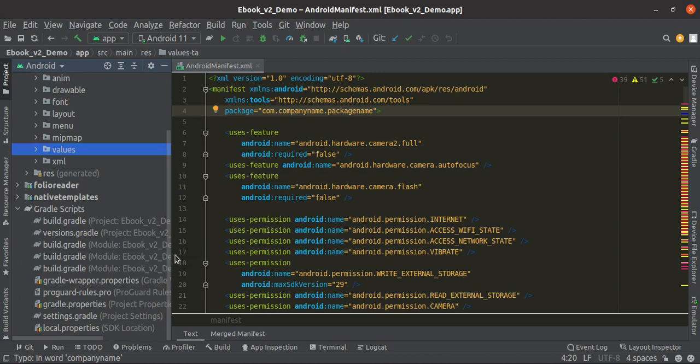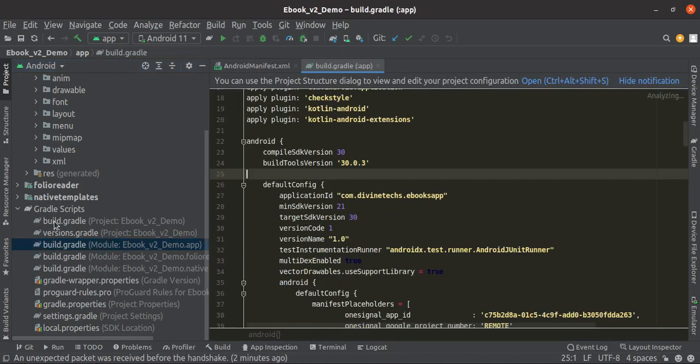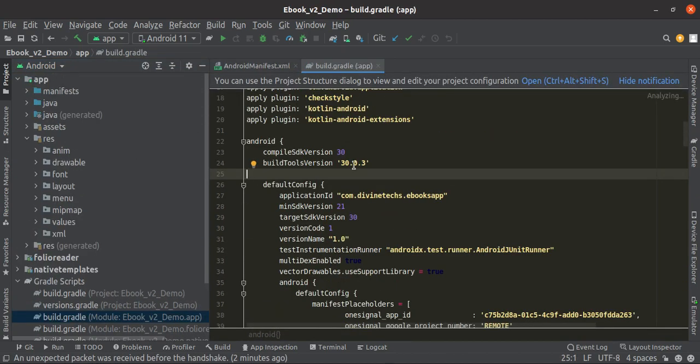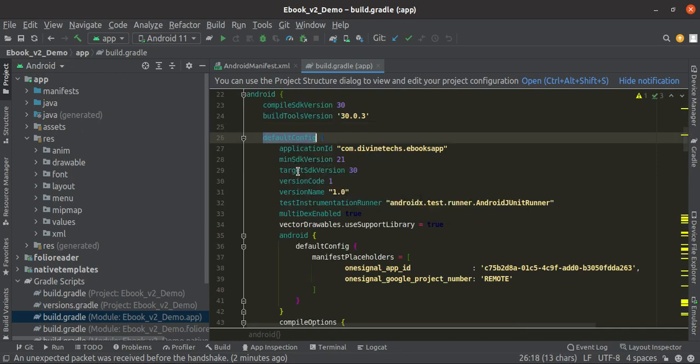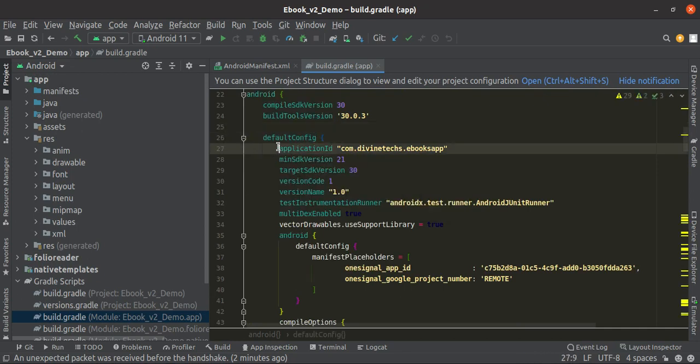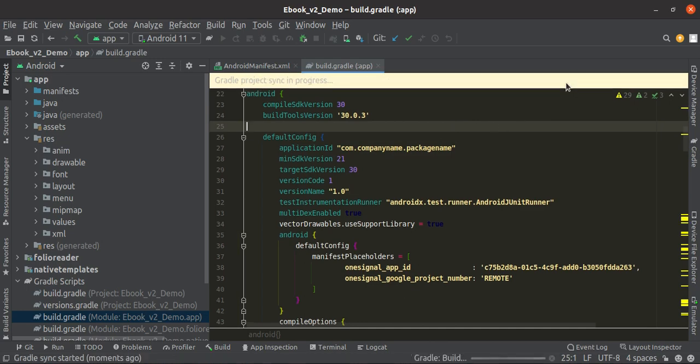Open the app level build.gradle file. Scroll down in default config. You can see here this application ID. You have to replace this with your new package name and just sync.